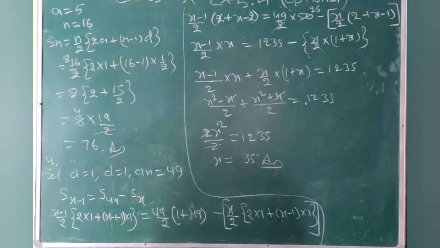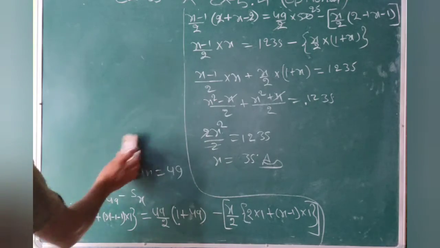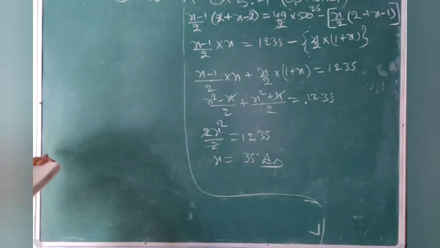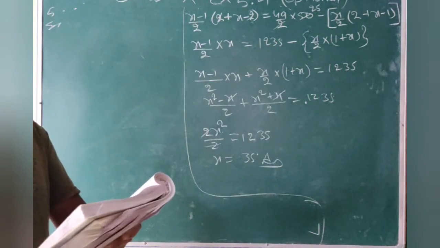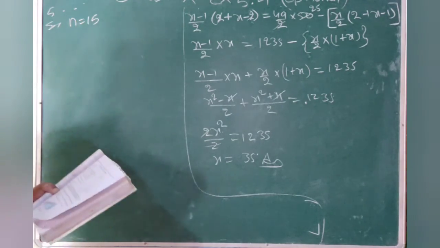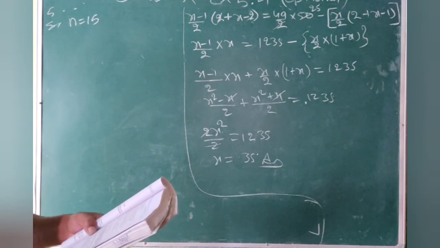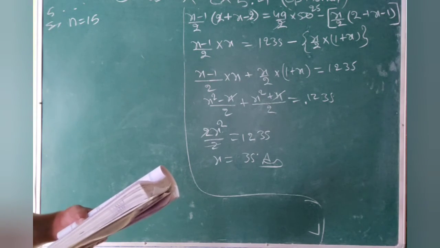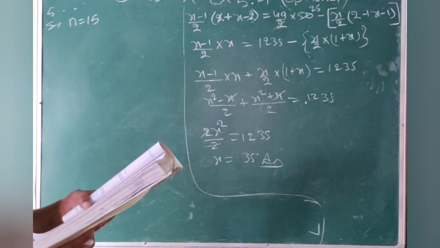And then the last question, that fifth question, this is not a difficult question, the fourth question was only lengthy. Question number 5th, that a small track of the football ground comprises 15 steps, so n is equal to 15, we can write directly, and then each step is 50 meter long, built of solid concrete, each step has a rise of 1/4 meter and a tread of 1/2 meter.